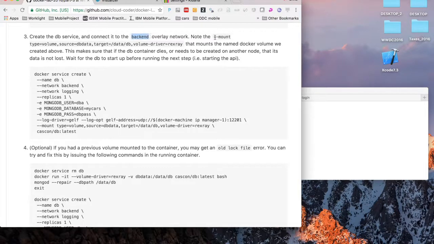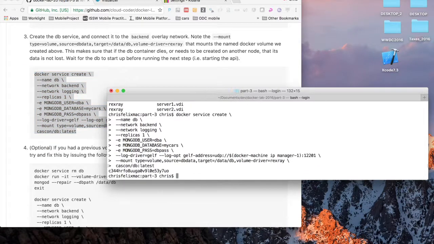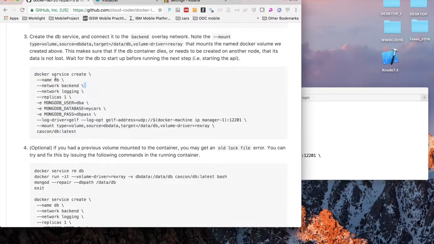Now the next step is actually to create the first service that will comprise our 3-tier application. So we'll first start up the database, since the Strongloop application depends on it. So we'll start that up first. So just execute the command docker service create. The name is going to be DB. We're going to create one replica of that. Here are the environment variables that we can pass to it, and the log driver, since we want logs to